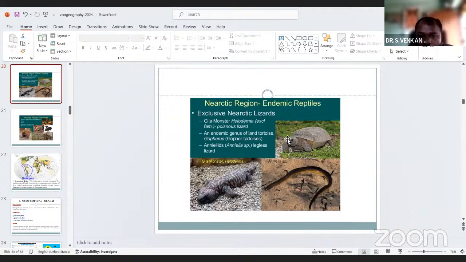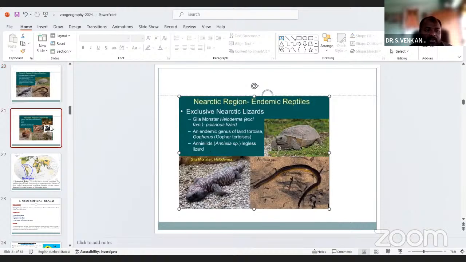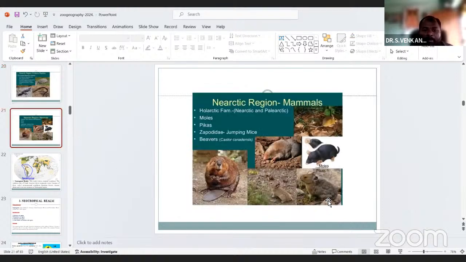Then the next one, Nearctic region mammals: moles, pigs, jumping mice, and beavers.